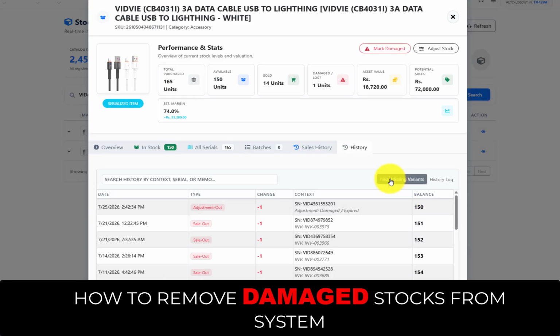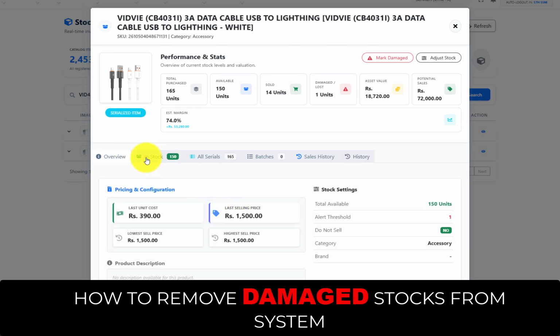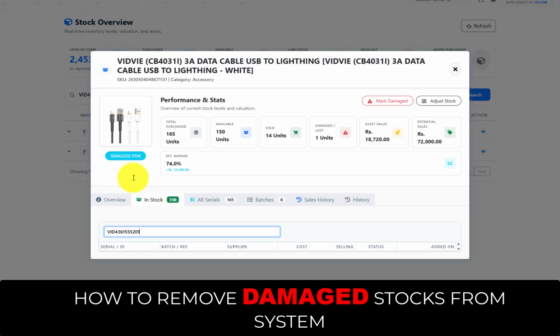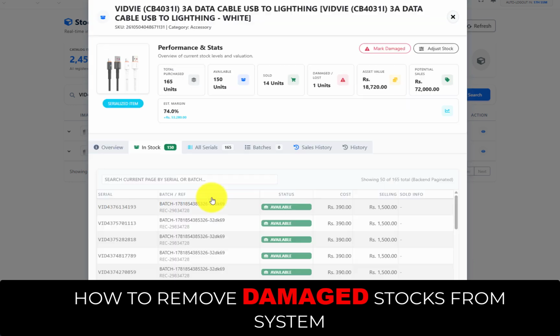I am now going to check the damaged serial in stock. If I paste here, see, there is no result, but if I paste here, see, the status has